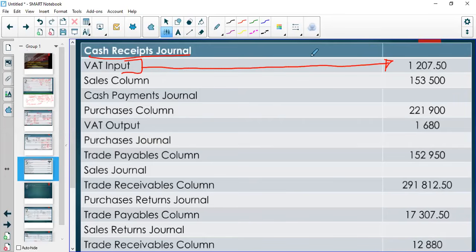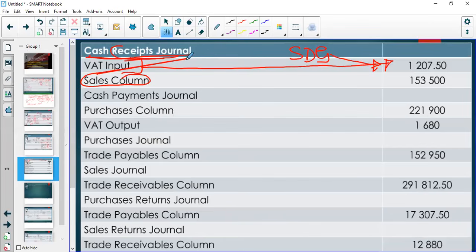And like we said, remember that this is settlement discount granted. This is the VAT portion for the settlement discount granted. Because when the customer was paying, we received the money, we gave VAT. We gave settlement discount to the customer. And now under the sales column,